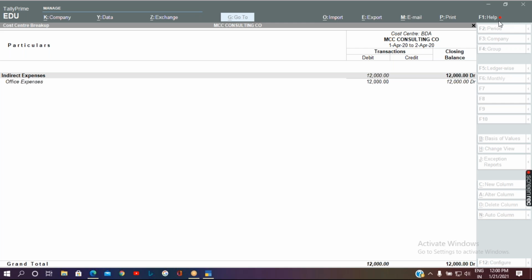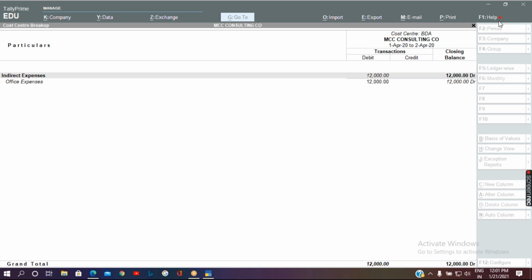Okay. So TDS will be deducted at the source of income of another person. TDS is a part of income tax. There are certain sections which are applicable for deducting the TDS. Commonly TDS will be deducted at the time of payment of expenses.